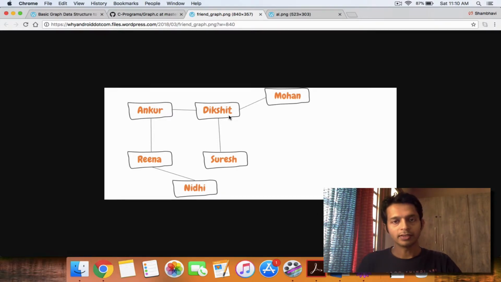Now, so far so good. How are you going to maintain this structure in your computer? How are you going to program it? For that, you have a couple of approaches: adjacency matrix and adjacency list. Matrices are also a good way of storing graphs. In a matrix, you can create a matrix with each of these nodes as rows and columns, and then if you have an edge between any two nodes, you can highlight that in your matrix. The problem is that matrices take a lot of space, and that's the reason the other popular approach is used,